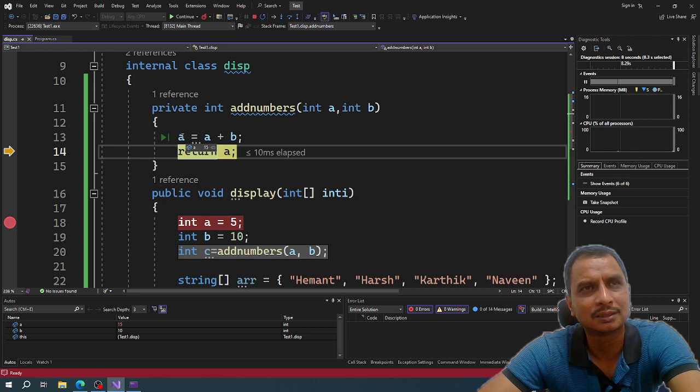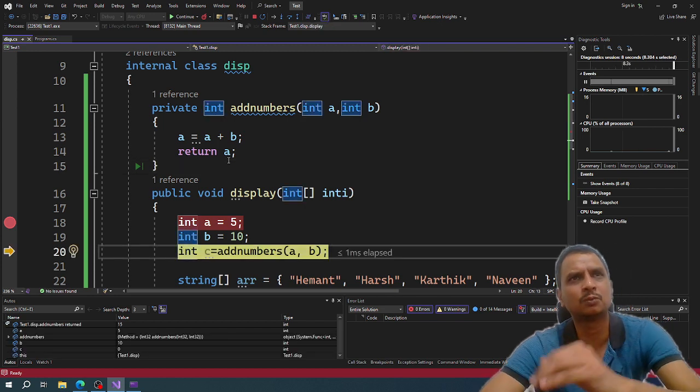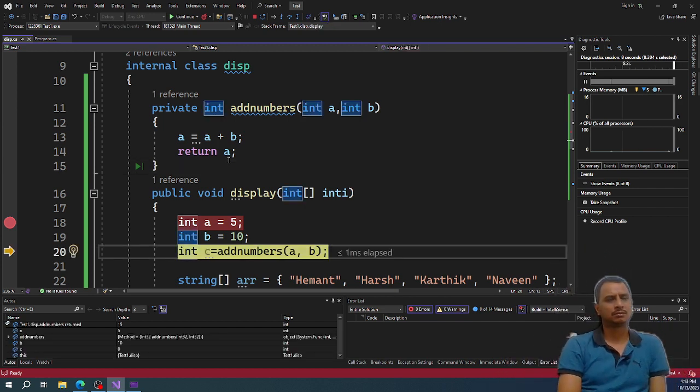What is this? Correct? Now I am returning A. What is the value of A? Here, what should be the value of A now? Now it should be